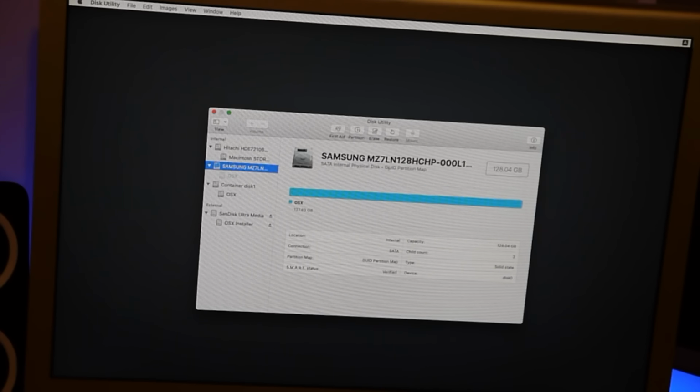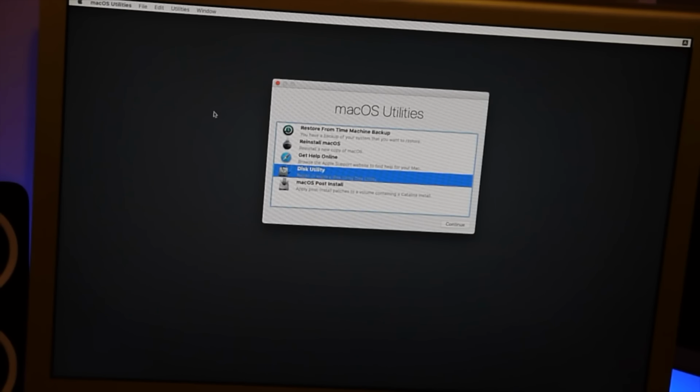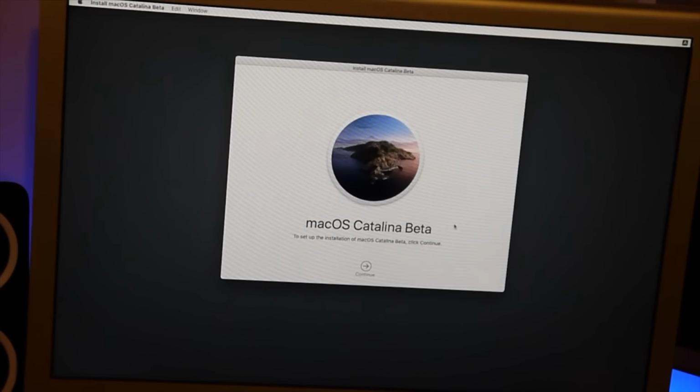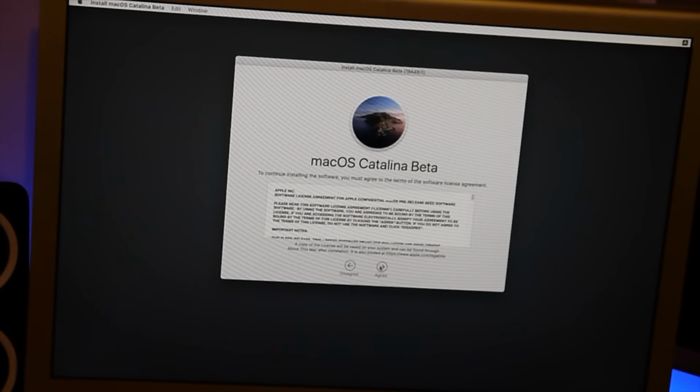So we're going to click done, and now press the cross on here. And what we're going to do is select reinstall Mac OS. Now if you can see it there, the logo has changed to the Catalina logo. So we're going to click continue, and hopefully it'll ask us which drive we want to install Catalina onto, and there we go, it says it's the beta. Click continue, and agree to terms and conditions, agree again,